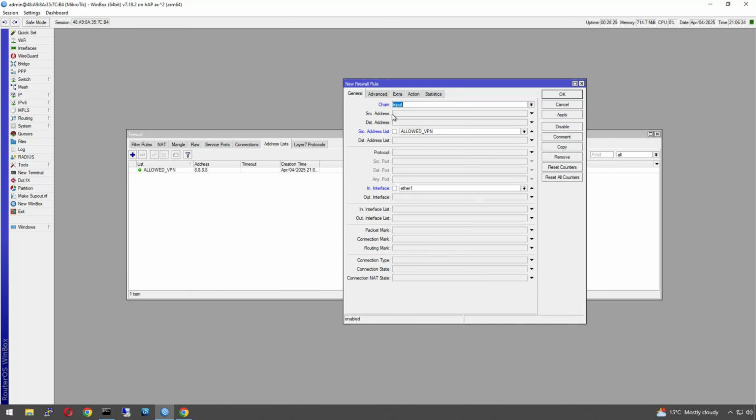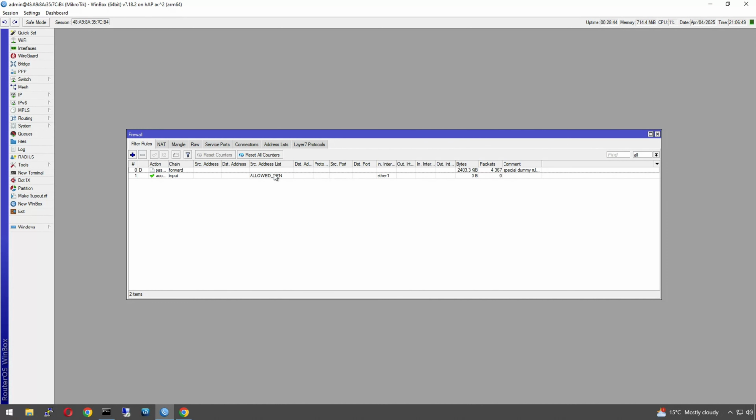You could just put that IP address in here, but that limits you to one IP, and then you'd have to have a rule per IP. Whereas this way, every time we want to add a new IP or the IP changes, you just have to change it here, and you never need to touch your rules. This one's not really needed for this example, but I thought it was worth demonstrating